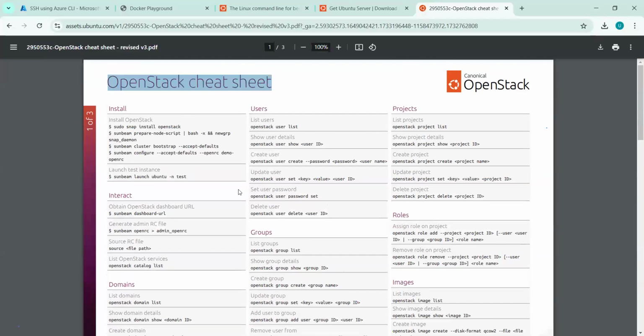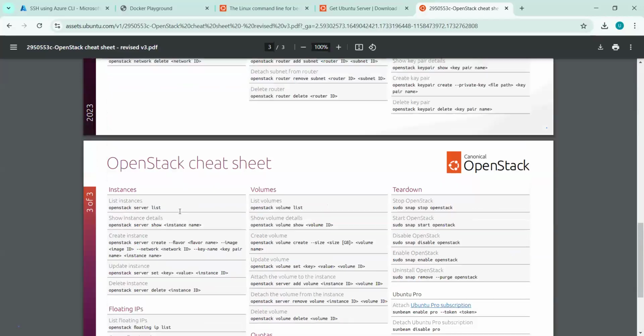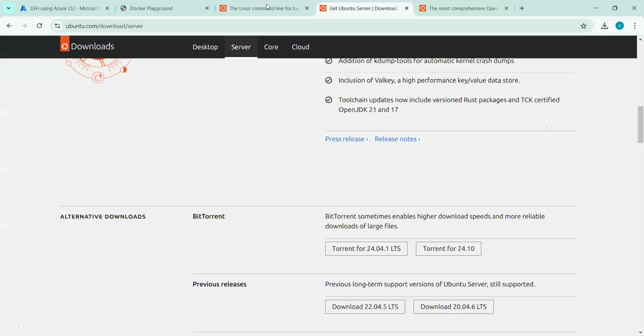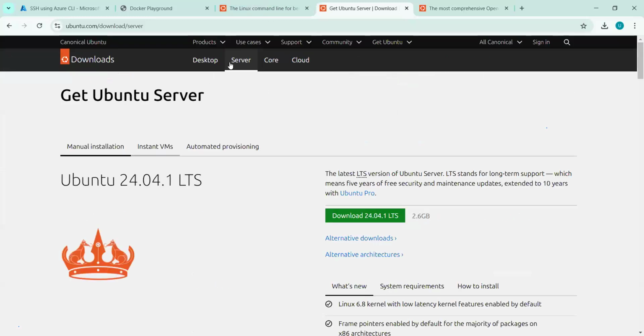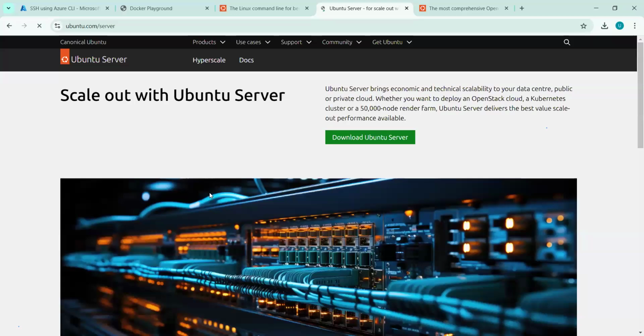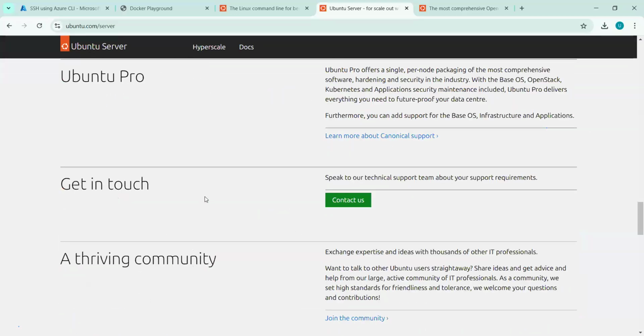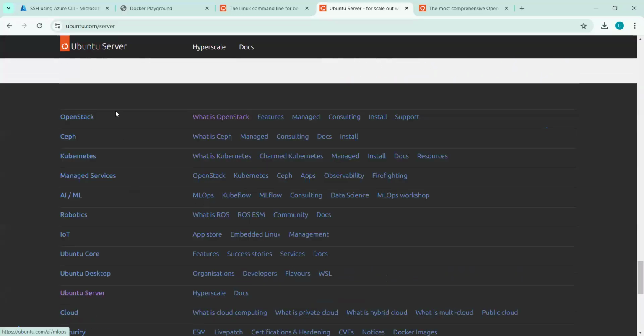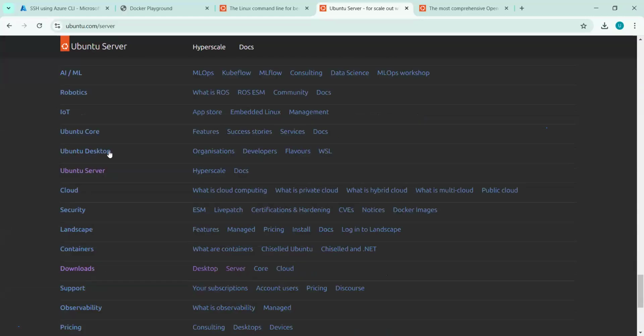So this is the OpenStack cheat sheet. No, this is not required for us. We need a Linux one. Why is it not showing me? Products, documents. Here, Ubuntu server docs. Yes.